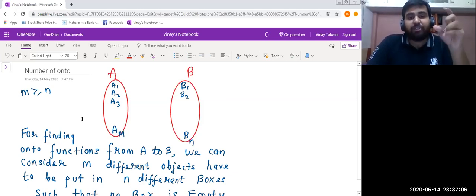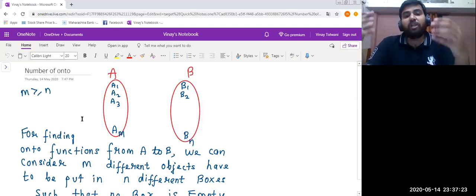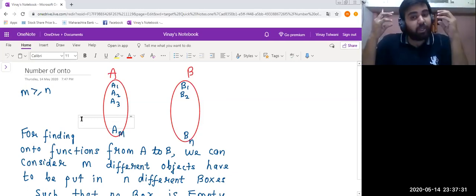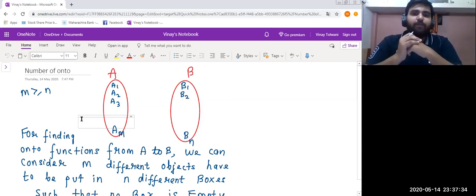But that concept will be applied if m and n are small quantities, like 5 objects distributed into 3 boxes, or 4 objects into 2 boxes, or 7 objects into 5 boxes. If the data is quite small, then we can do grouping.